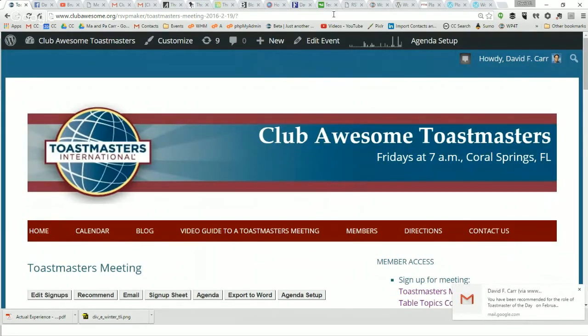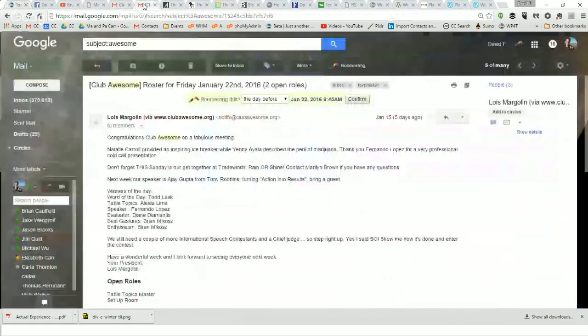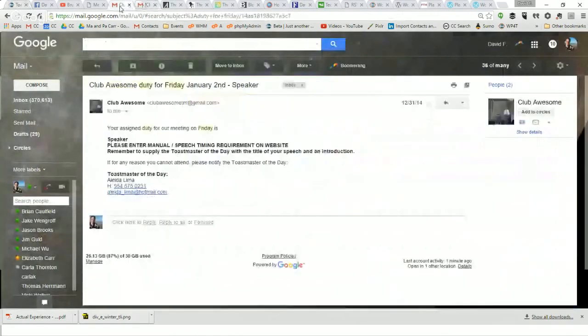And actually, in that case, she can click once. So it's supposed to be a one-click agreement where she doesn't necessarily have to log in. She can just click to say, yes, I agree, and she'll be signed up for that role. And we have some other things going on here, where we have a system of automated reminders set up. So if our meeting's on Friday, on Wednesday afternoon, a batch of reminders goes out. So remember, you signed up to be a speaker. Make sure you show up on Friday, or if you're not going to be able to show up, let us know. Okay?